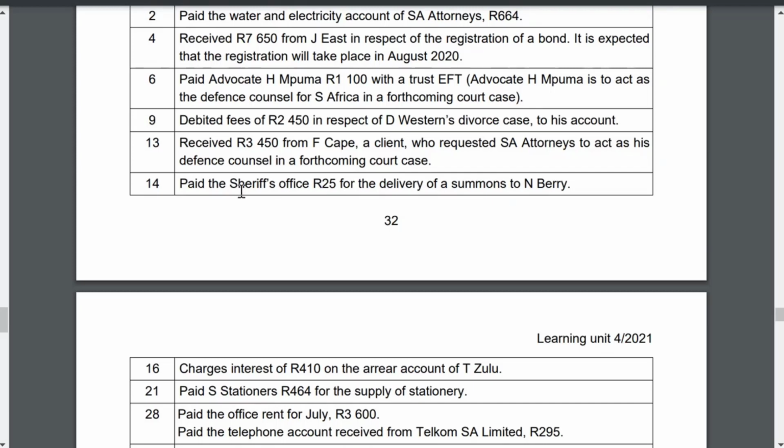So SA attorneys has paid the sheriff's office 25 Rand for the delivery of a Simons to Enberry. Guys, number 14 relates to costs relating to the client. This is the cost incurred for performing a service on behalf of the client. So guys, well done on this. The answer is trust